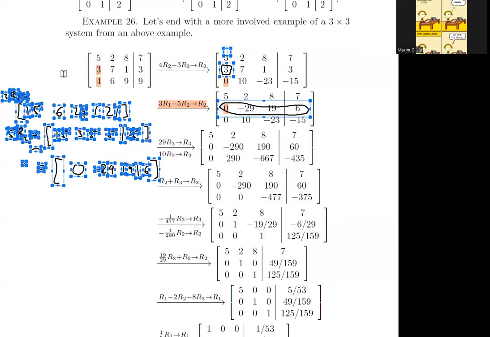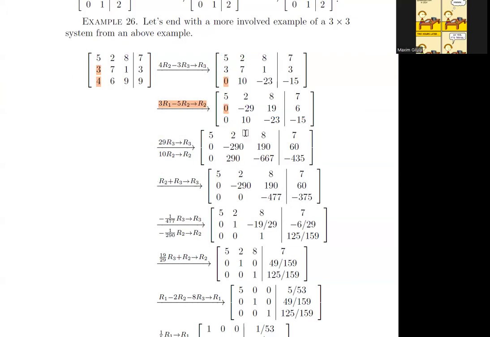Okay, so now the bottom two rows have leading zeros. The row starts with a 0. I want to now have a 0 in the 3, 2 entry, and that'll help me solve for z. Right? This will make the matrix upper triangular. To do that, again, I find the lowest common multiple, which is 290. So I replace row 2 with 10 times row 2, and I replace row 3 with 29 times row 3. Now I could add the rows and put them into row 3 to get a leading 0. And then I get some complicated numbers.